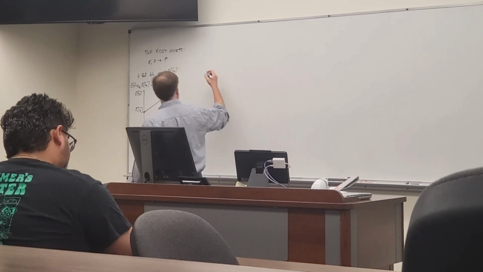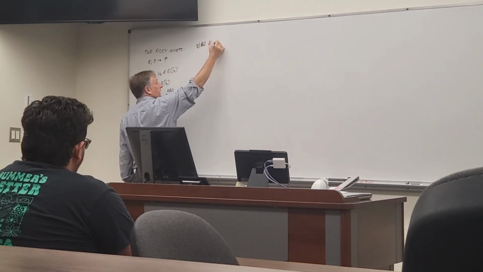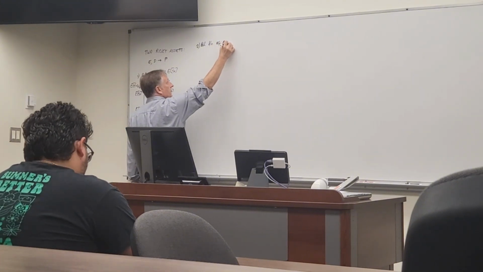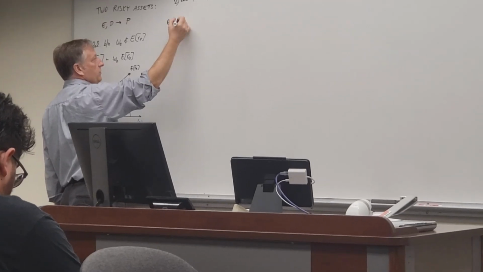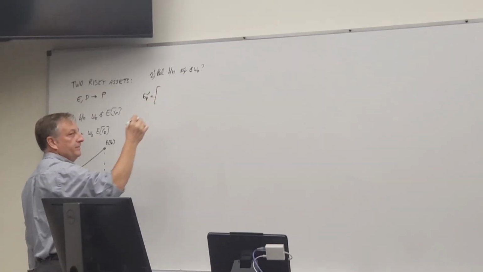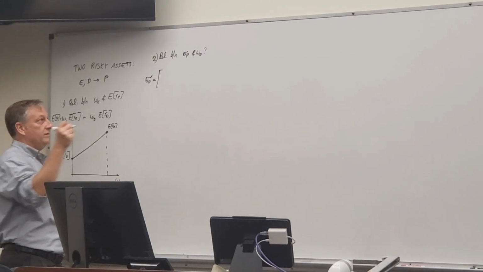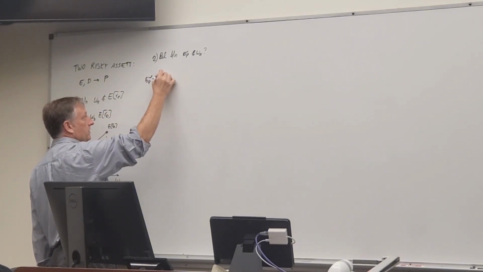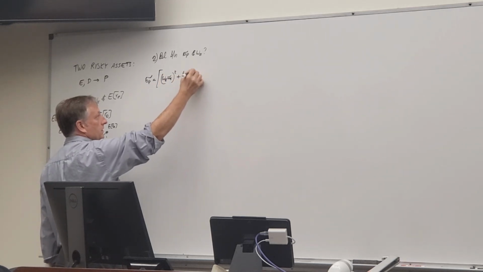Then we said, what is the relationship between the risk of P and the weight of equity? And we said, well, the risk of P is equal to, I forgot, what's the formula for that? You need to know this. The weight of equity times the risk of equity squared plus the weight of debt times the risk of debt squared